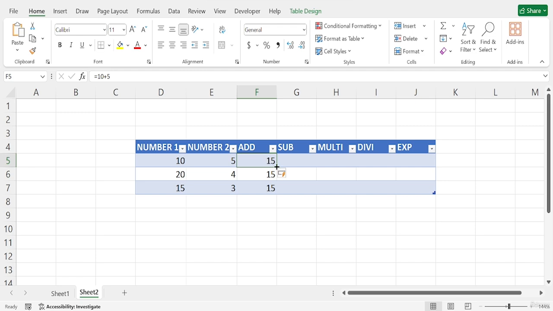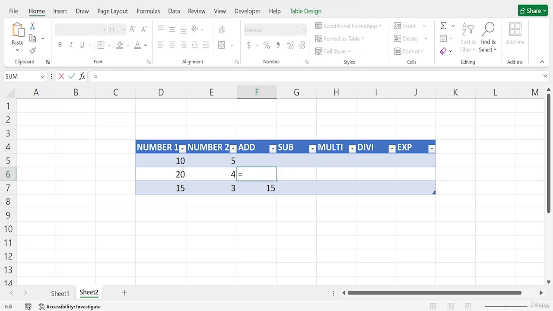As you can see, it shows 15 for all the cells, but in this section there are two different numbers, and if I add up these two numbers, then it will surely not be 15. So these all appear as wrong values except the first one, because we have used direct numbers.